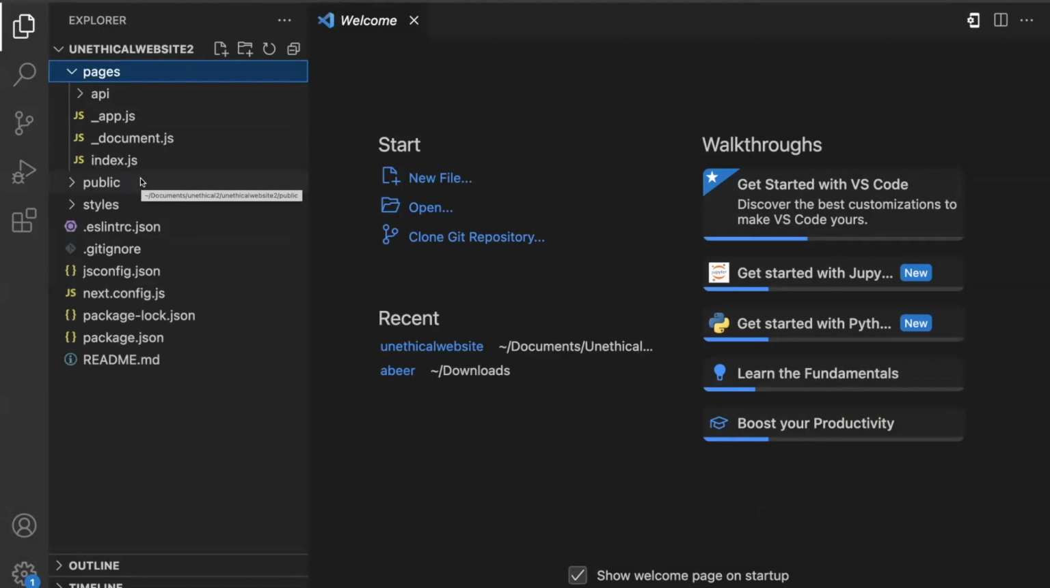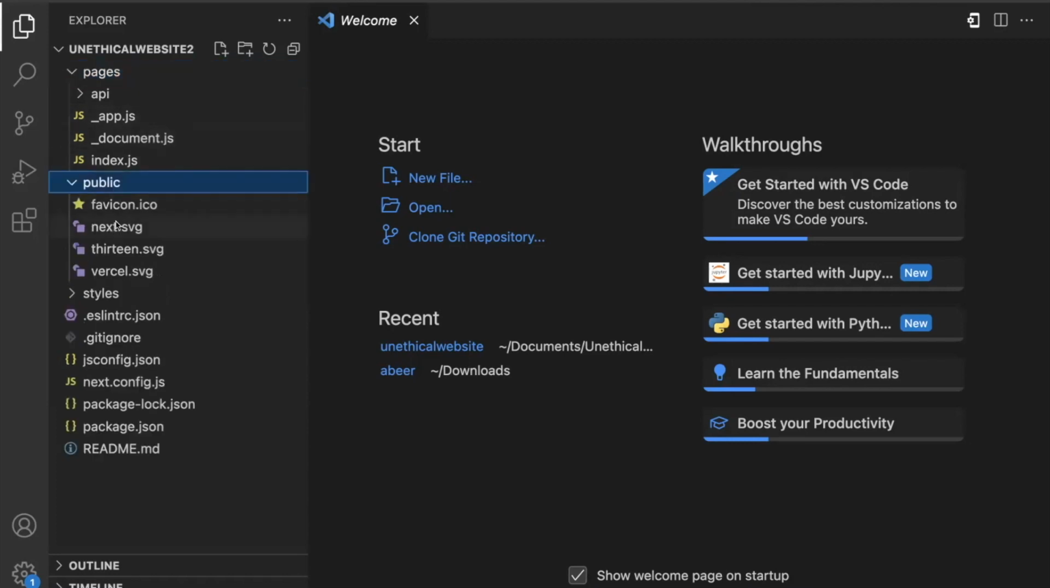unethical.in/website and /press, there is a directory inside the pages directory that I have created, which is named website. And then inside that website, I have created a file named press.js, right? And so this is how the Next.js routing mechanism works. We won't go into a deeper dive into that, but I'll take you through the code that I have written there. And then there are public assets here in this public